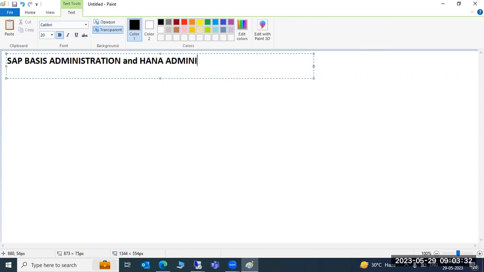There is no coding and no functional, nothing. It's like Basis, and some of the security topics we are going to discuss here, not like deep security, some R3 security, so HANA security. So these topics will be covered.